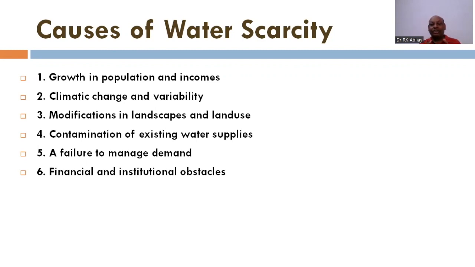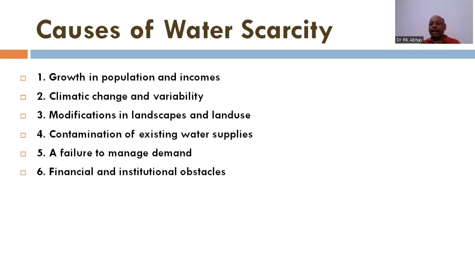promotes more concretization, more urbanization, which hampers the infiltration process, due to which there is no groundwater recharge, and hence the surface water availability is less. The problem is not only here, but also climate change. The temperature is rising, evaporation rates are becoming high. The seasons are shifting, summers have increased, winters have decreased. Infiltration is less, surface runoff is more.